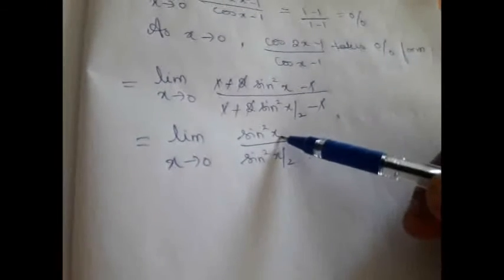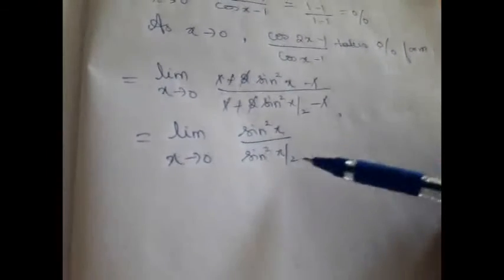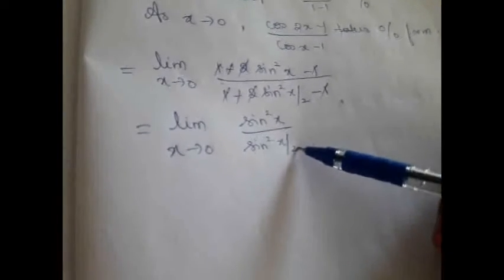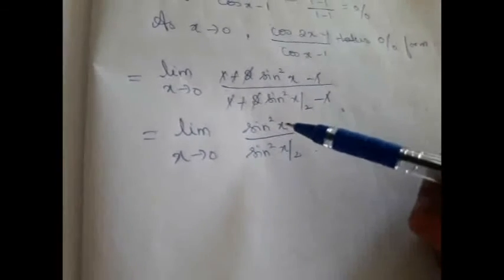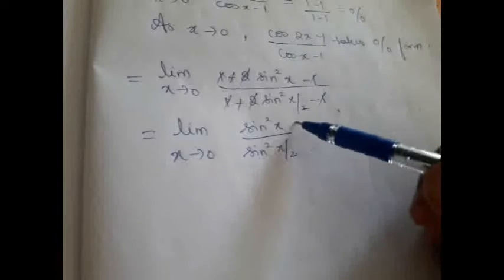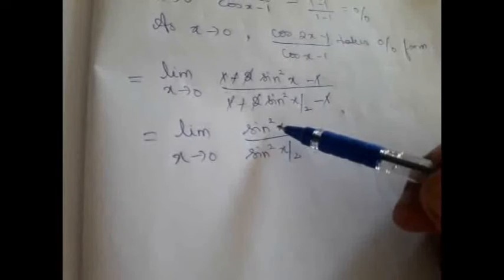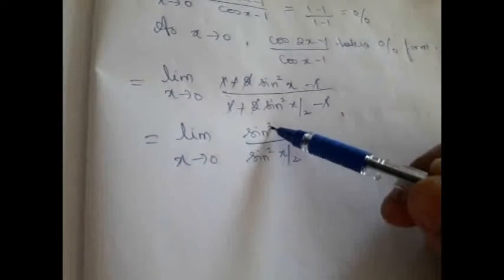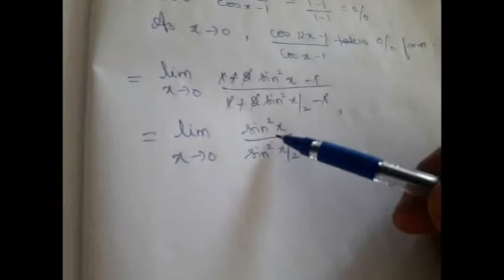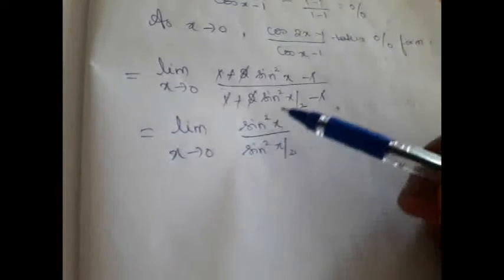So when we have sine function, immediately which result will come to our mind? Limit x tends to 0, sin x by x is 1. So in order to apply the result, we need the denominator as x for this term, and for this we need the denominator as x by 2. And moreover, we have square. So what we should do? We should multiply and divide by x square. Why do we have to multiply and divide by x square? Even though the angle is simply x here, we have square in the trigonometric function. So only if we multiply and divide by x square, we can write the term as (sin x by x) the whole square. Or else we cannot apply the result.